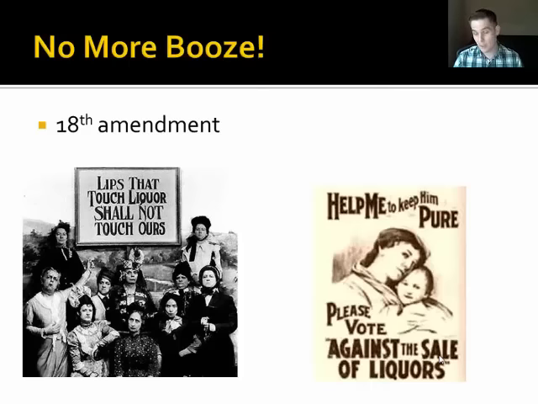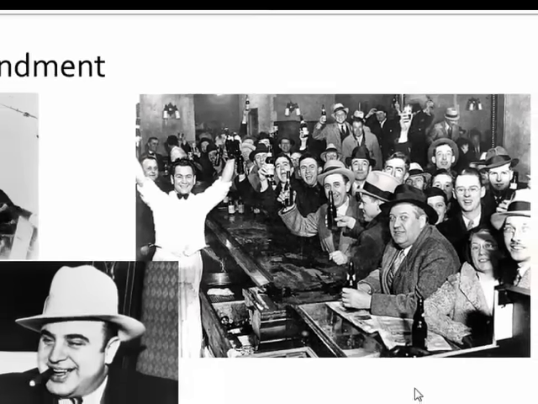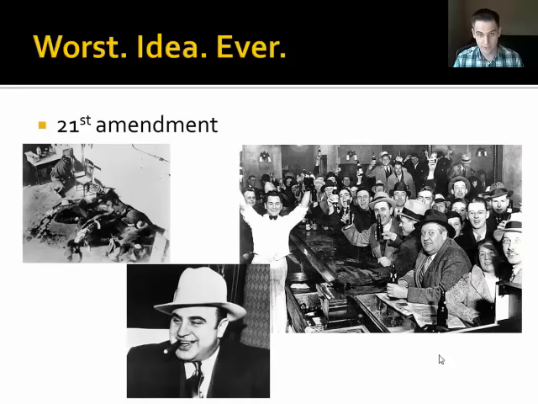So if we make an amendment to the Constitution that says all states, all citizens can't drink alcohol, then no one will drink alcohol ever again because no one ever breaks the law, and this country will be a better place because no one will drink alcohol because there's a law saying you can't. And people drank anyways. Actually, the business just went underground. And it was the time period known as Prohibition, which is the 18th Amendment.